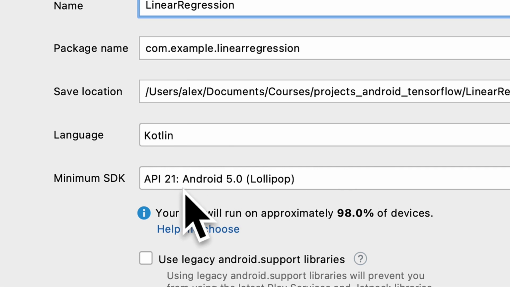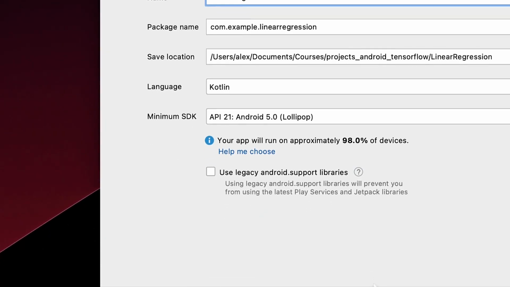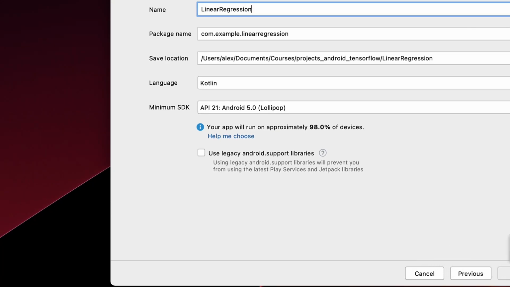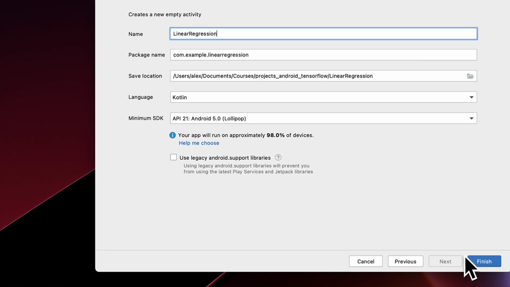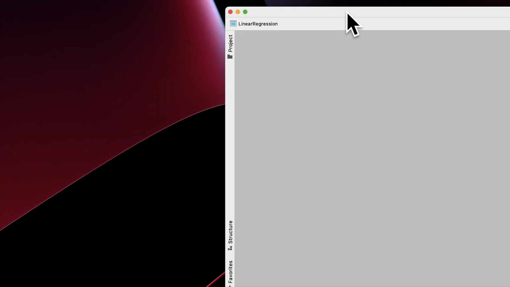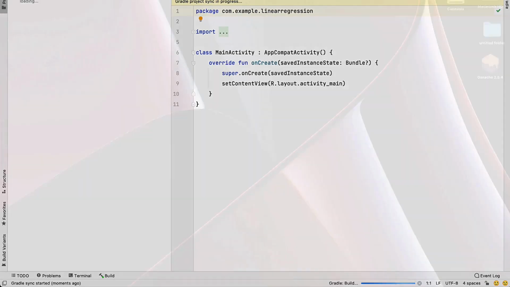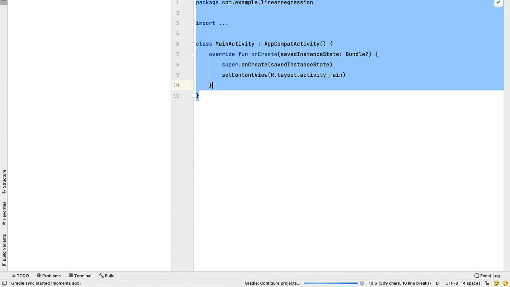Next, choose a minimum SDK. You want to choose an SDK that can run on a lot of devices. We don't need any legacy Android support libraries. Once you are done with putting in the data for the project, hit finish, and that is going to launch for you Android Studio. So here we are in Android Studio, and we have our first file here, a class